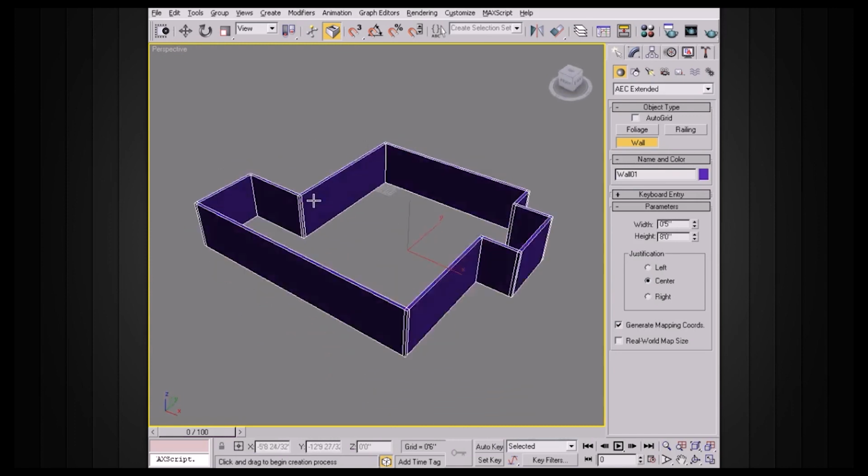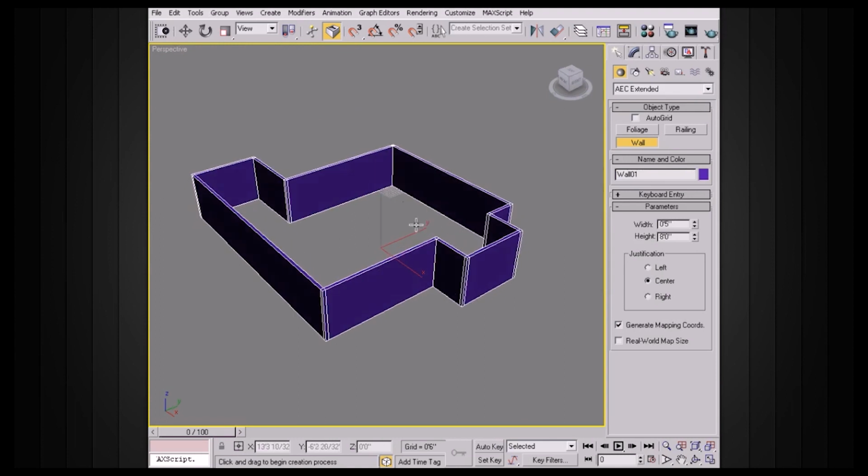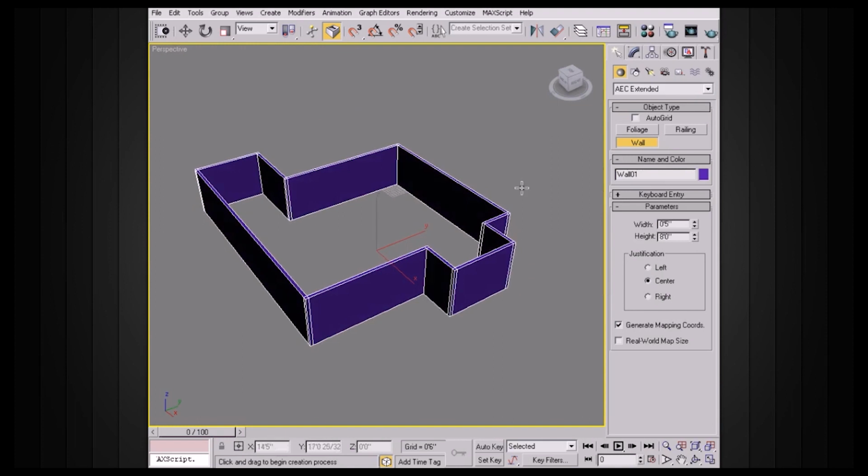We can do a lot of interesting things with this, but that's just one of the ways that we can create walls here in 3ds Max, is using the AEC extended wall primitive, and it also offers some other advantages as far as working with the door and window primitives that also kind of come along with that. So let's begin to look at some of the ways that we can use those in the next lesson. We'll start by